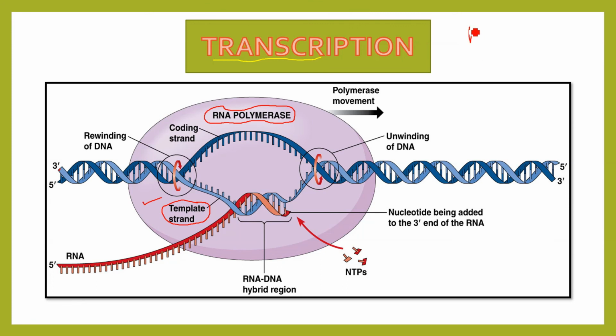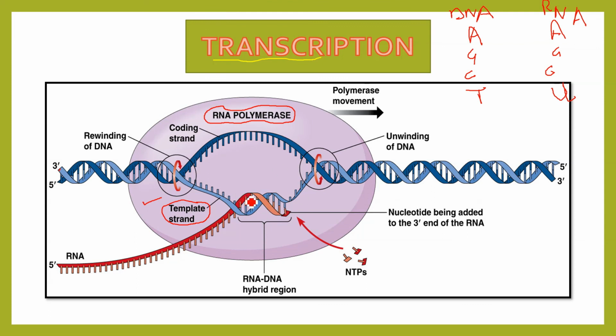So always remember, adenine, guanine, cytosine and thymine. These are the bases of DNA. When it comes to RNA, everything remains the same. That is, adenine will remain with adenine, guanine, cytosine. In RNA, thymine is not there. Thymine is replaced by uracil. So thymine you cannot see; instead of thymine, there is uracil which is going to be placed.